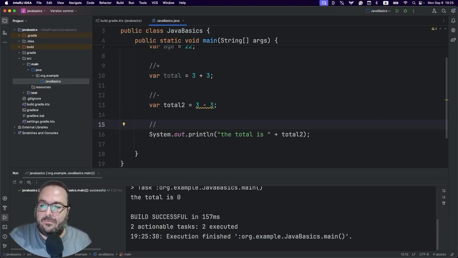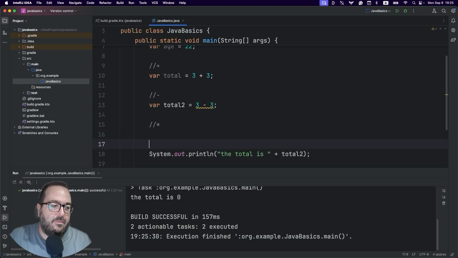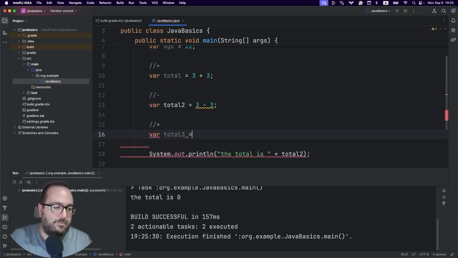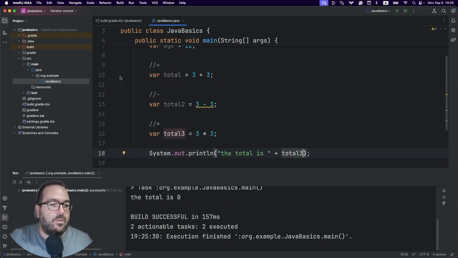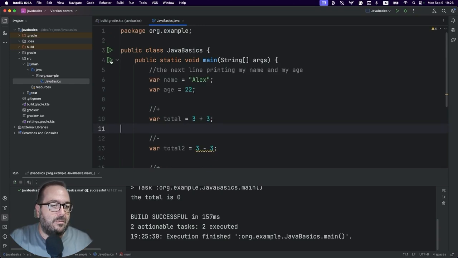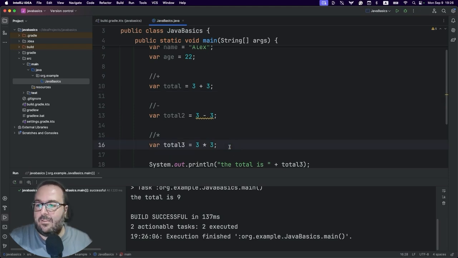Next one, multiplication. We can say var total 3 is 3 times 3. And as you might already have guessed, if we output this, we are going to get a 9. 3 times 3, it's 9, right?